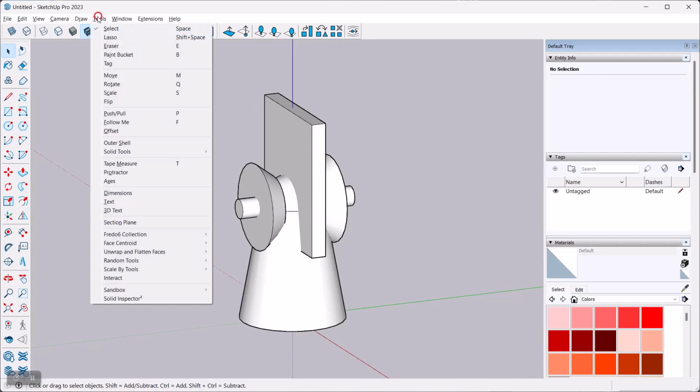And this is where I'm going to use my solid tools, the ones that are built into the Pro version of SketchUp. You can use the toolbar, you can use this here. Yeah, any which way will work. In this case here, we want to subtract our negative objects from the positive objects. And so we're just going to use subtract. Some other construction applications, like mortise and tenon type joints, you will want to use trim, but I'm going to just